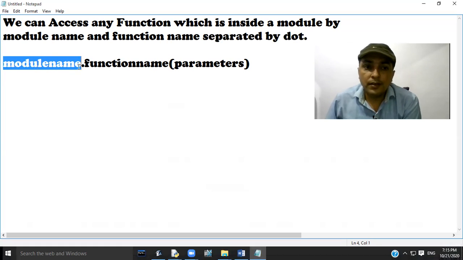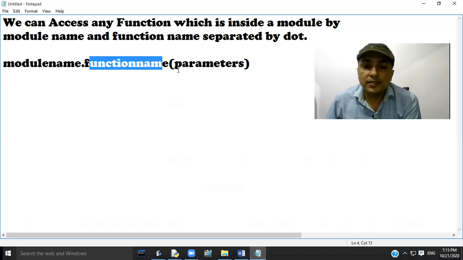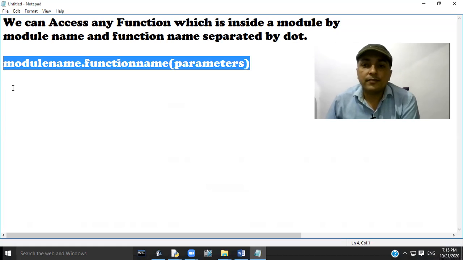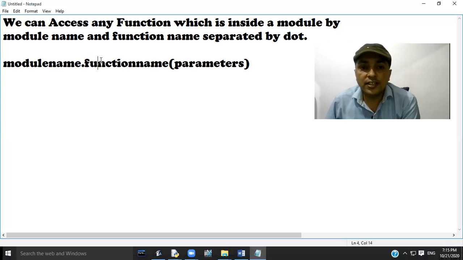So we can access any function which is inside a module by module name and function name separated by dot. This is the syntax for accessing a function present in a module: module name dot function name, with parameters inside the brackets.